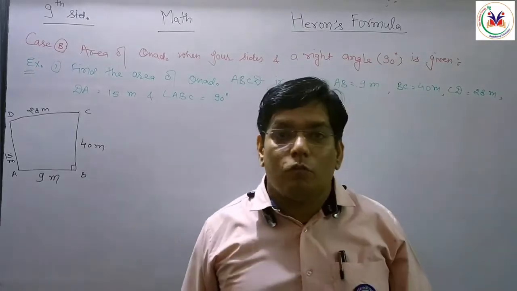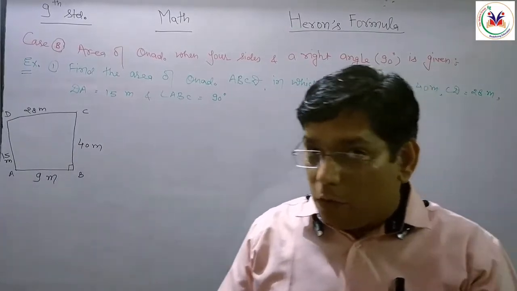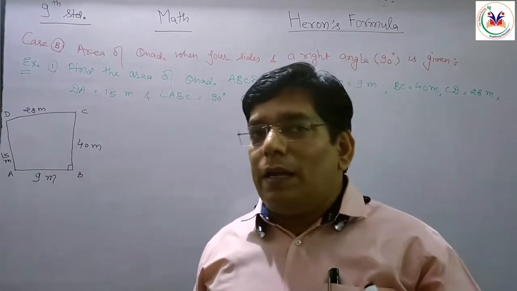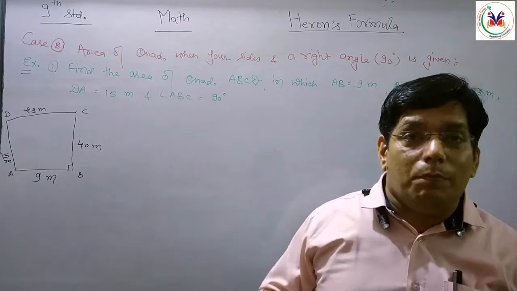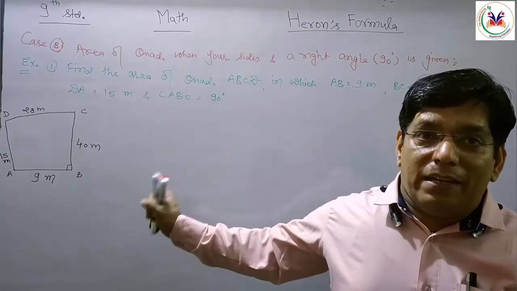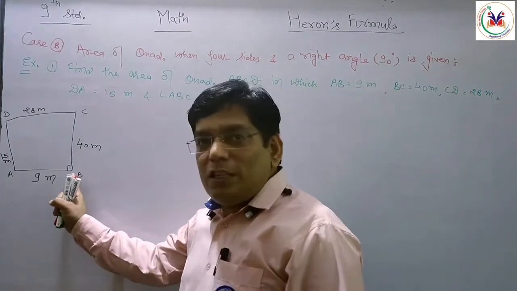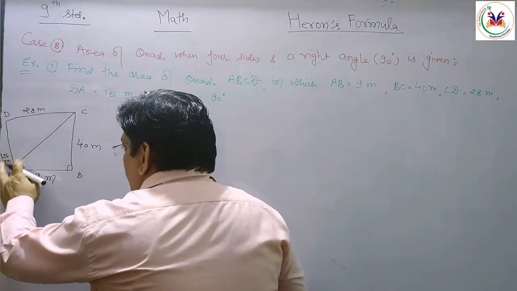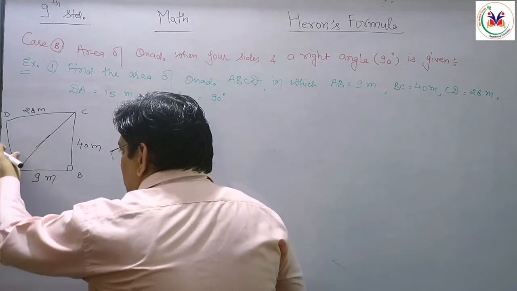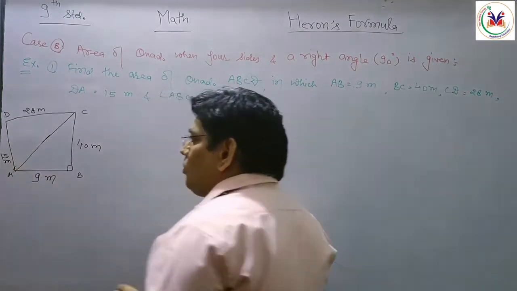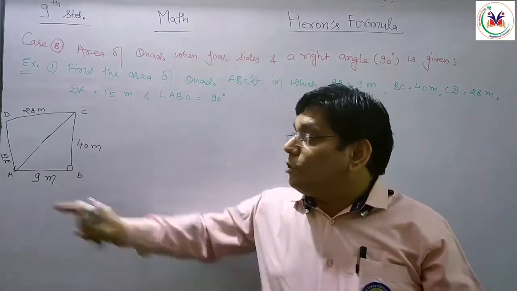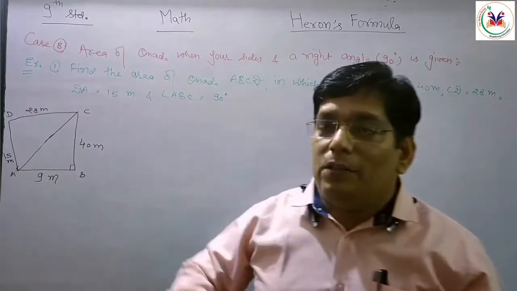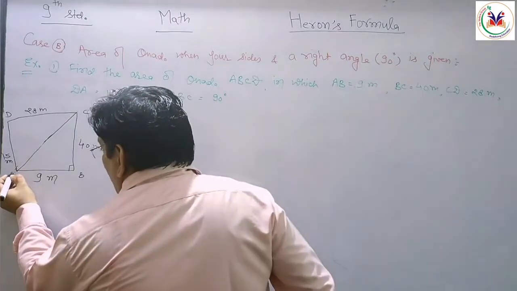Now in that situation what should we do? हमें इस क्वाड्रिलेटरल को अगेन टू पार्ट में डिवाइड करना है और वन डायगोनल हमें ड्रॉ करना है, but that diagonal must be opposite of the right angle triangle. So the right angle triangle is B, इसके opposite diagonal होगा AC. So first of all we have to join AC. Is that clear? That will be our first part. First we have to draw the diagram. After that we have to construct AC and join the AC because it is the opposite side of the right angle.